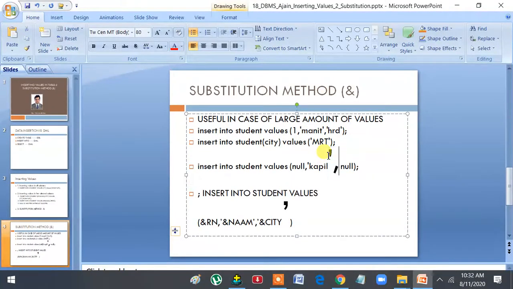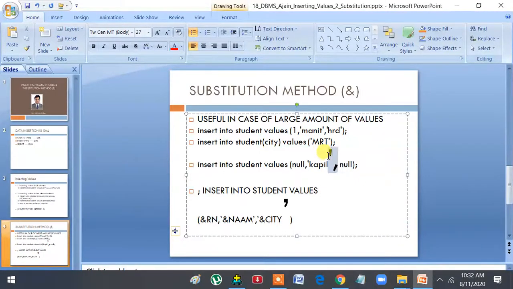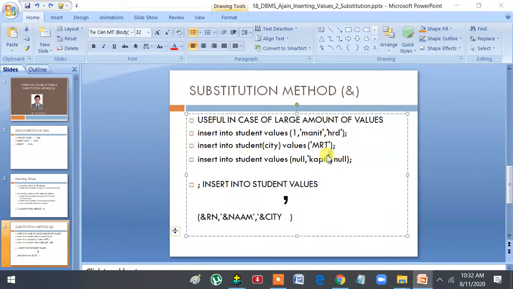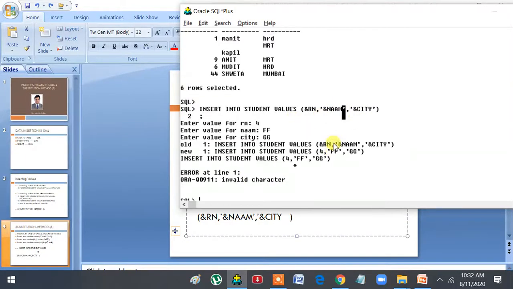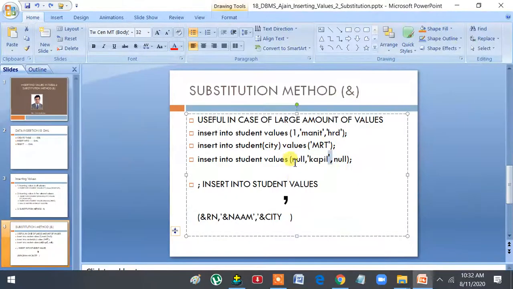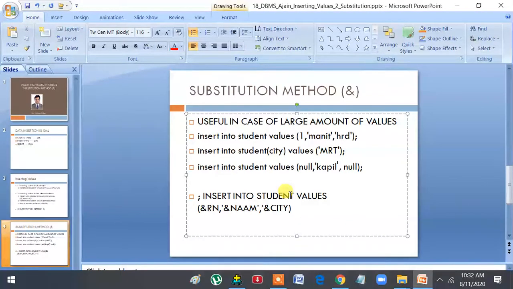So please remember, if this type of error, invalid character, is coming in your case, the error is not in your query, the error is in the quotes. So please be careful about this while copying and pasting from somewhere. If invalid character is coming, the problem is with these single quotes. That is why when I typed it here, it was not working properly, because here they were stylish quotes, not the plain single quotes that are required. So please be careful about this.